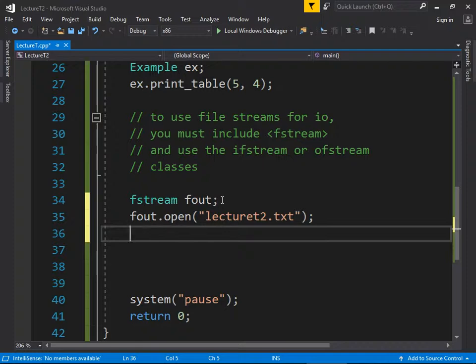Let's write some stuff to it. We ought to check to make sure that it worked. So if (fout). I'm not sure if that's the way to check if it works, so I'm going to skip that for now, and then when we get to the next slide, we'll confirm whether that works or not. So fout << "this is a text file\n";